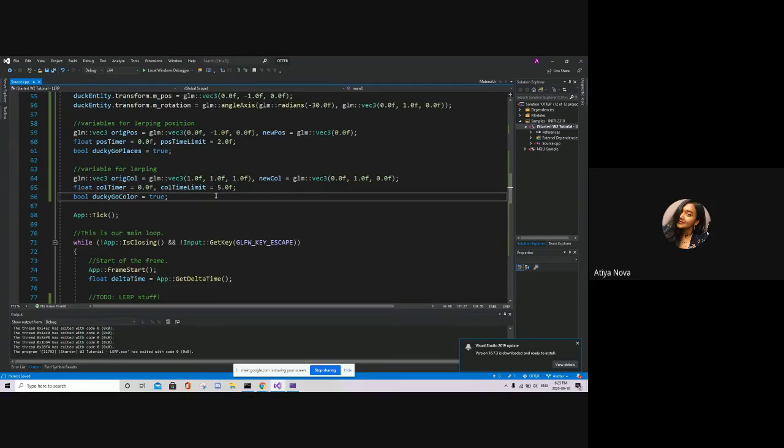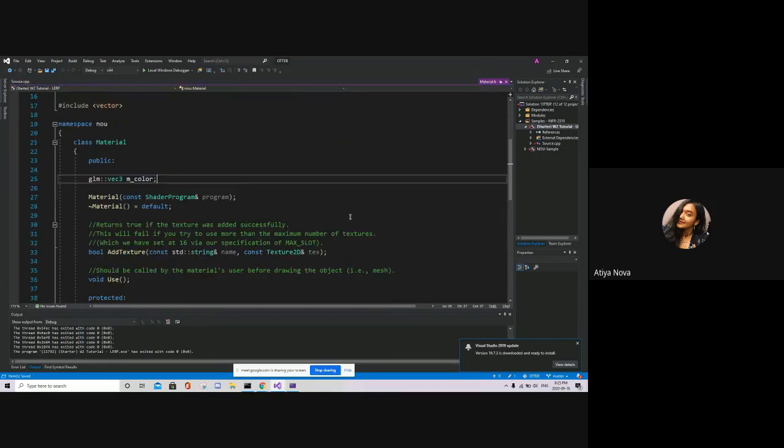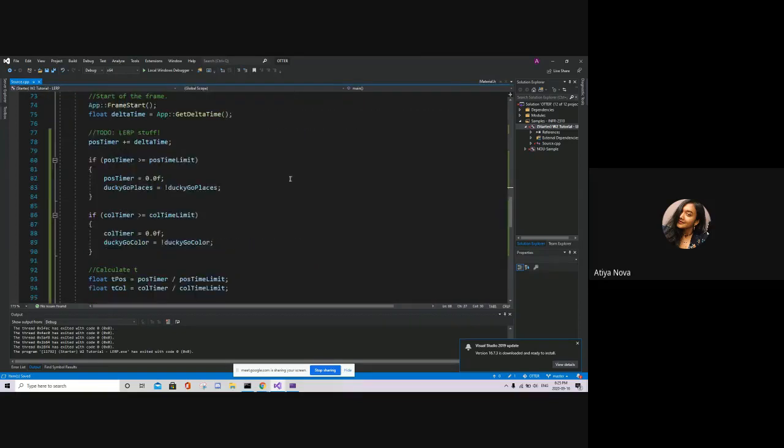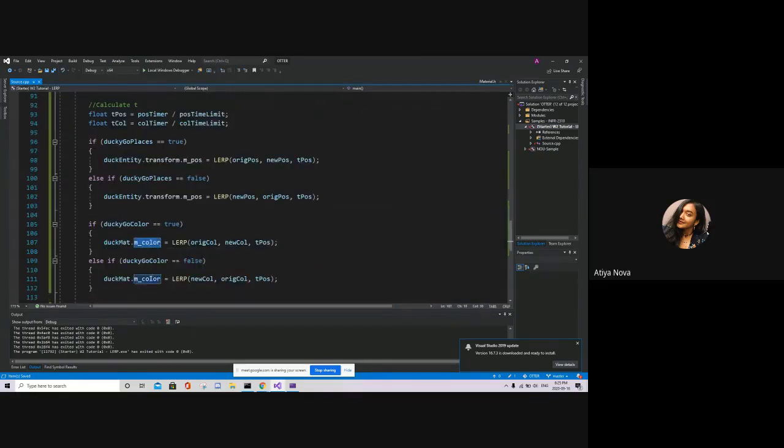Oh, you mean in the namespace? So that's just something I wanted to show you guys for context, but there's a material class and it has a color vec3. And that's how you change the material's color. And I'm referring to it down here. Now, if I try running this, and thank you so much, Leo, for being a volunteer. You did fantastic. And thanks for everyone who commented in the chat. But if I try to run this,